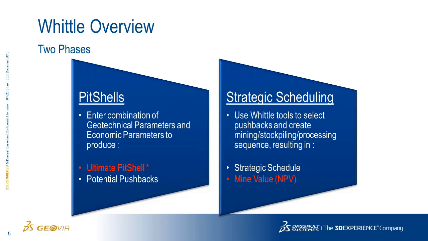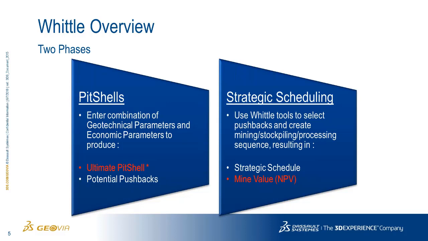But essentially in phase 1, that's really the primary phase where we're entering all our parameters, geotechnical, economic, costs, recoveries, setting up our systems with the end goal of generating nested pit shells. So the end result we need from that phase really is an idea of what our ultimate or optimal final pit shell should be, as well as the phasing or pushbacks to get to that